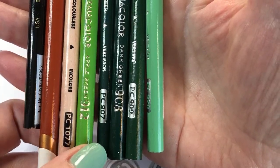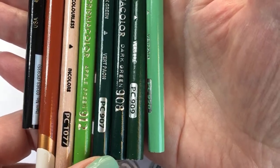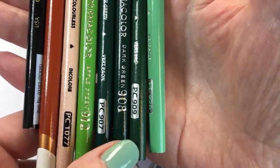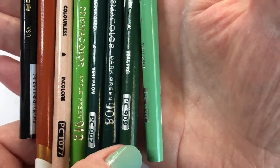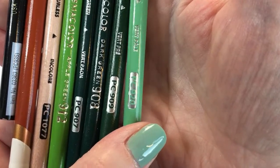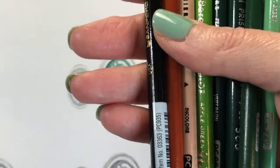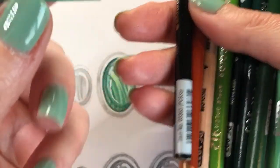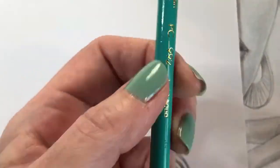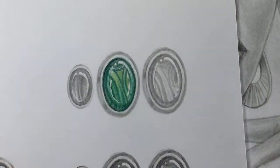And this color here is probably one of my oldest pencils. This is Apple Green 912, if that's what it's still called. I think it is. I know they've changed a couple of their green color names. And then 907 is Peacock Green. 908 is Dark Green. 909 is Grass Green. And 920 is Light Green. You may or may not want to add just a little bit of cooler color with a light aqua color. This is 992. And then sort of as an extension,